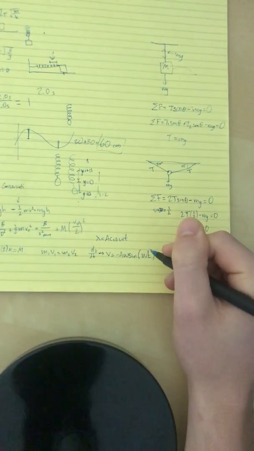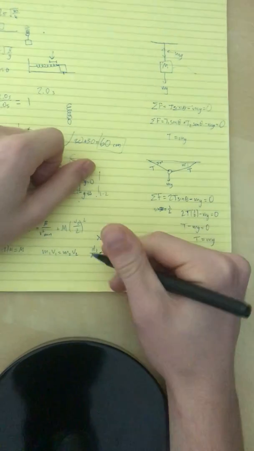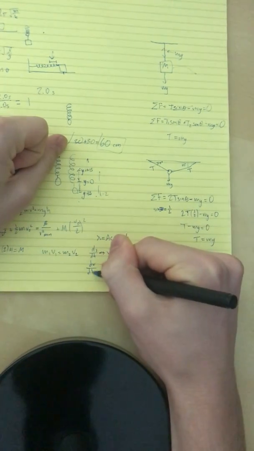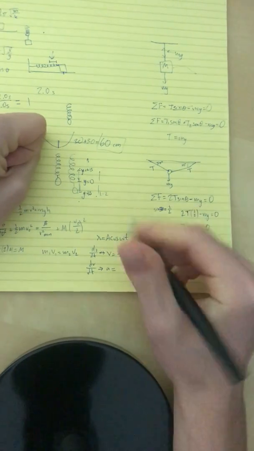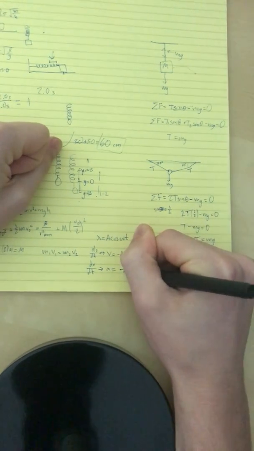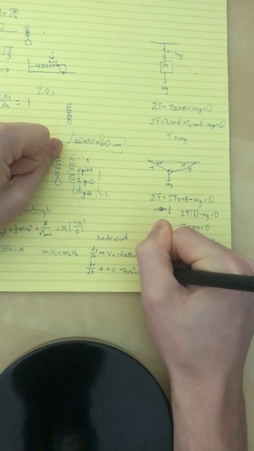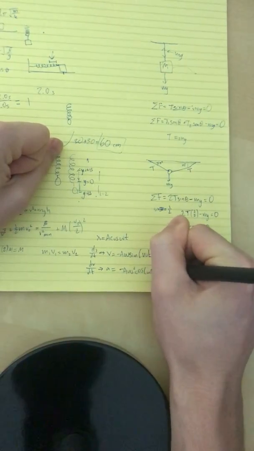Now of course we just take the derivative dv/dt again if we want to get acceleration,